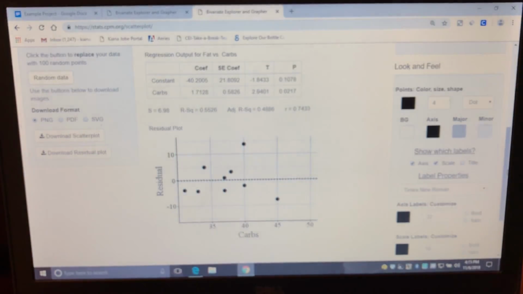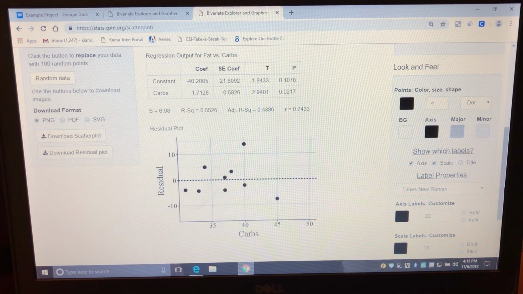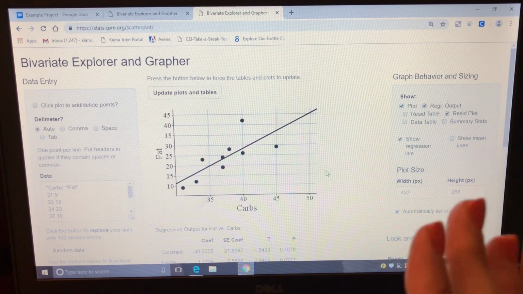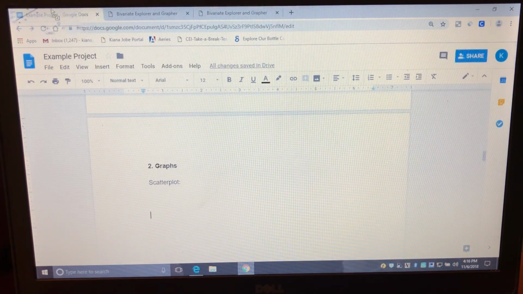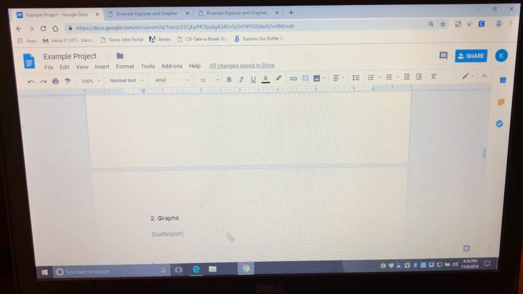So you should have your residual plot copied onto your paper. Just FYI, you're going to need this for your project. What you can do with this graph is hold down your mouse and drag it anywhere. So if I need a scatter plot anywhere, I have my project open right here. I can just drag it. You guys see I'm dragging it right here